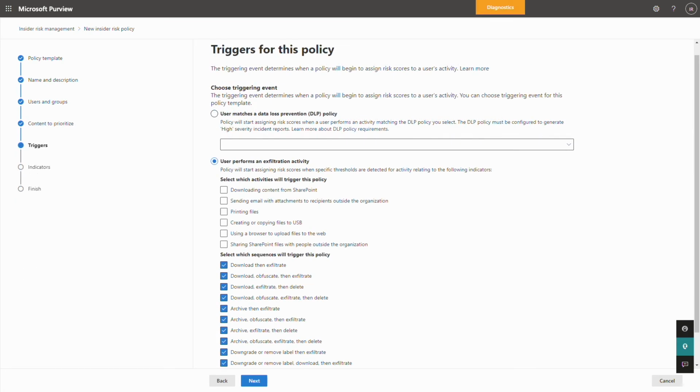Next, in the past, we've talked about event sequencing, which is incredibly powerful in helping security teams understand user activities and intent. And it does this by stitching together a sequence of activities like somebody downloading content, renaming it, exfiltrating it, and then maybe cleaning up that content. A few months ago, we introduced this into analytics, so we can detect how many sequences are detected in your environment. Now we're excited to announce you can actually use sequences as triggers for your policies. This increases the fidelity of your policies because now users that get triggered for a specific policy and come in scope for risk evaluation can be those who match for those multiple stage sequences.